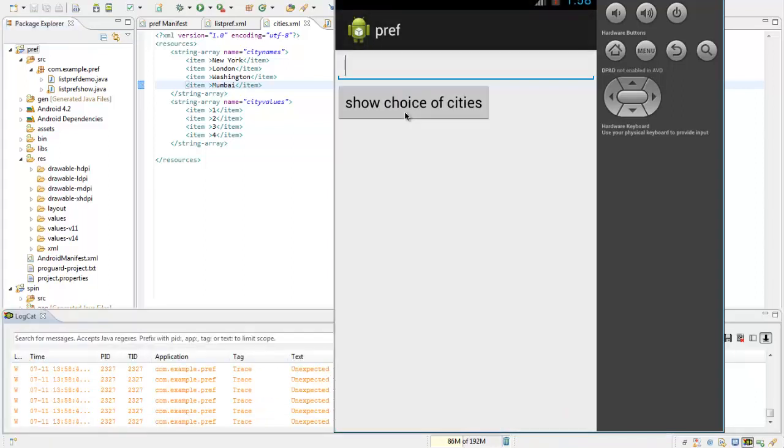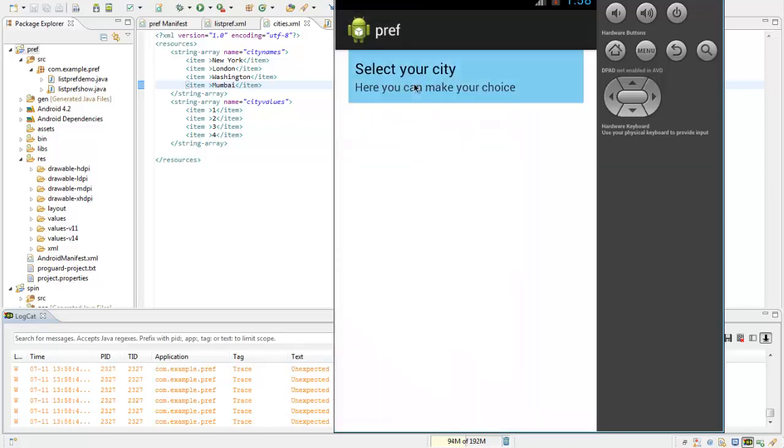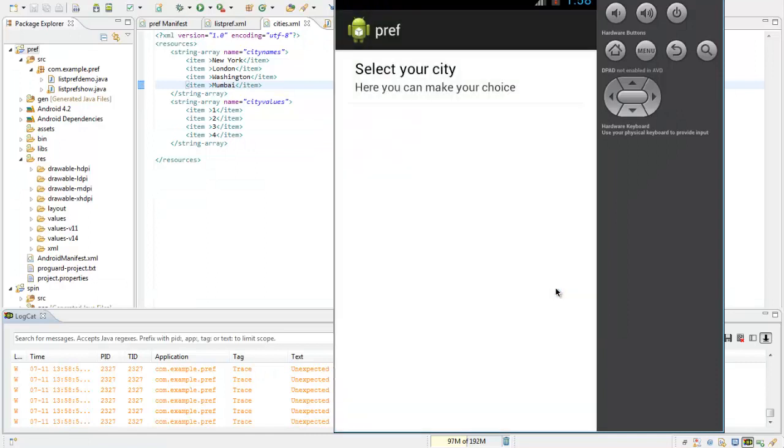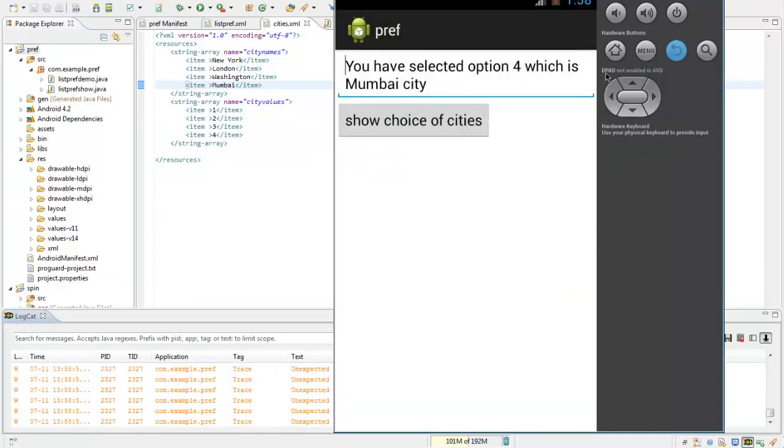So let us see. I'll make a choice, say Mumbai. We go back, and we have it working as before. So this is a demo of how we can use a list preference.